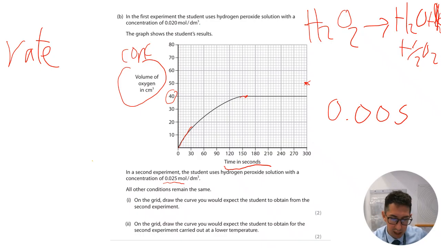So if we're increasing the rate, it means the gradient is going to be steeper. So basically we need to, let's use a different color. It's going to be starting at 0, but it's going to come out steeper. And it's going to end